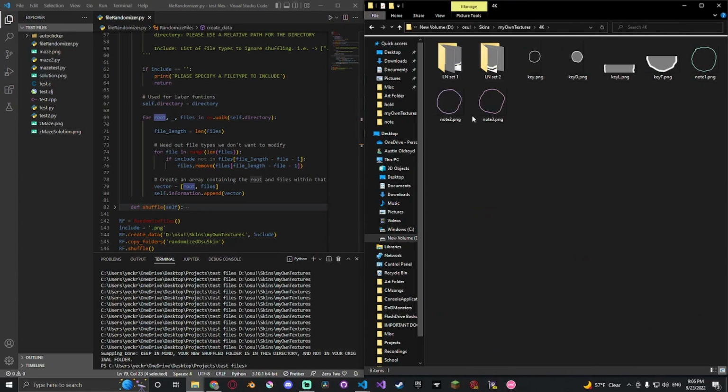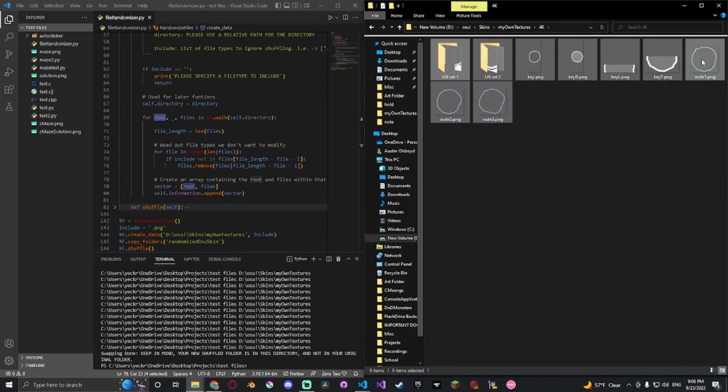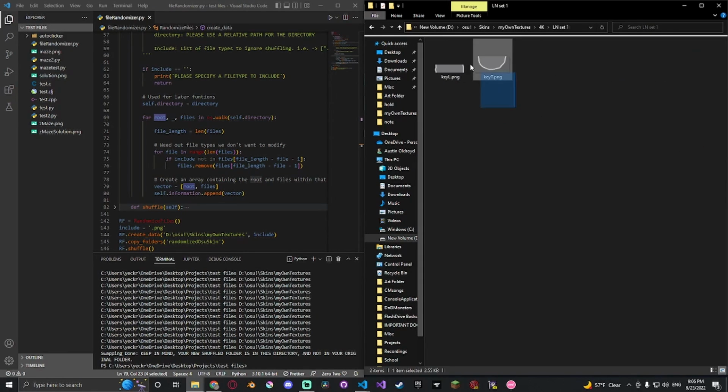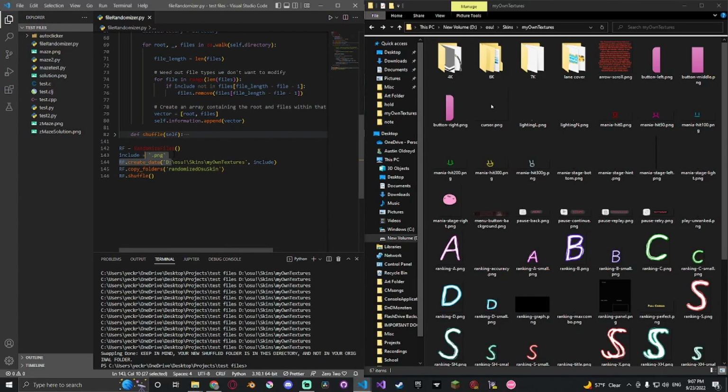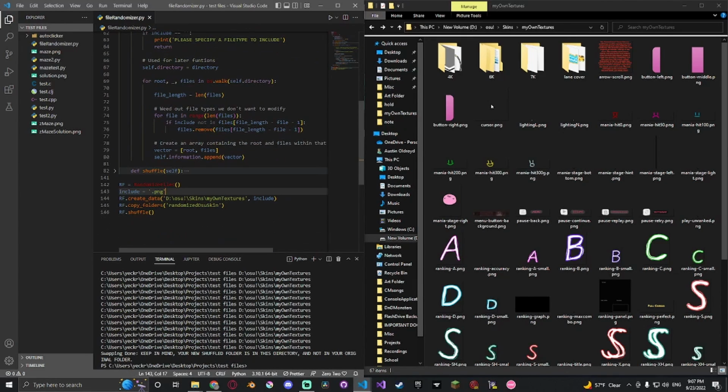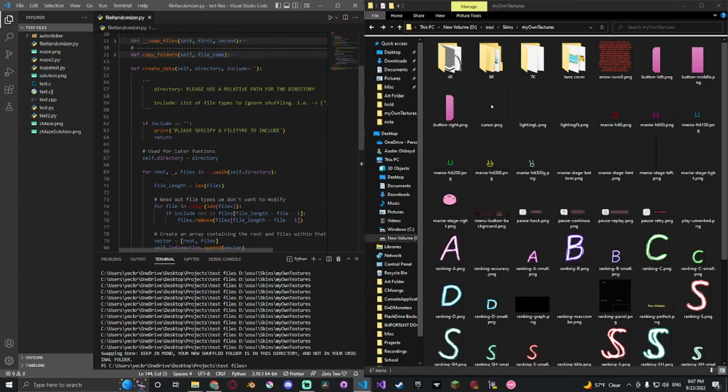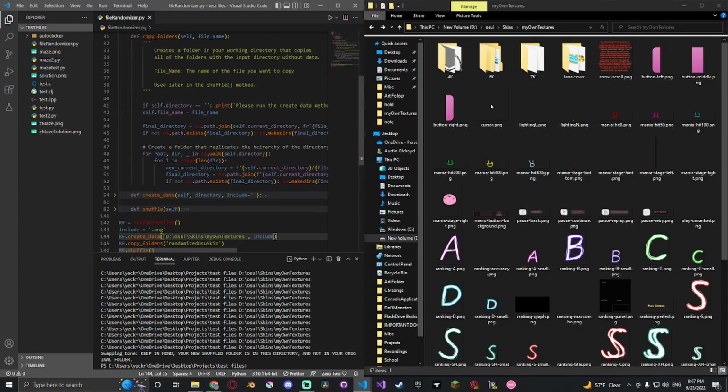Let's say it chooses the 4K. It will then choose this as its root and then save all the PNGs here and then go into another file. Save the PNGs, so on and so forth until it has gotten every single file and array of images, specifically what you specified in the include. Once it's done doing that, it will have created all of the data it needs to copy the folders over. So what I mean by that is in this copy folders function,